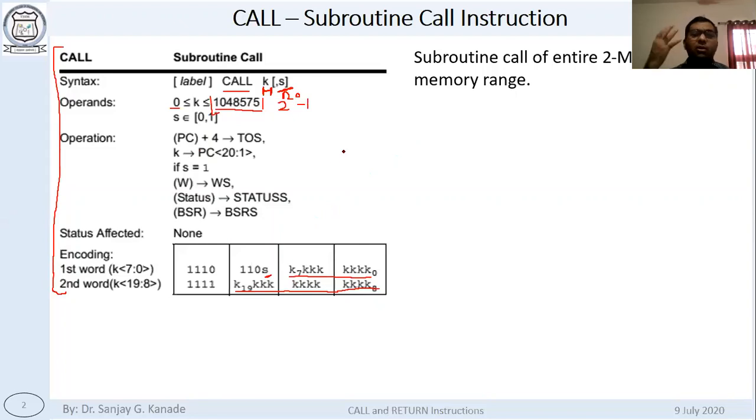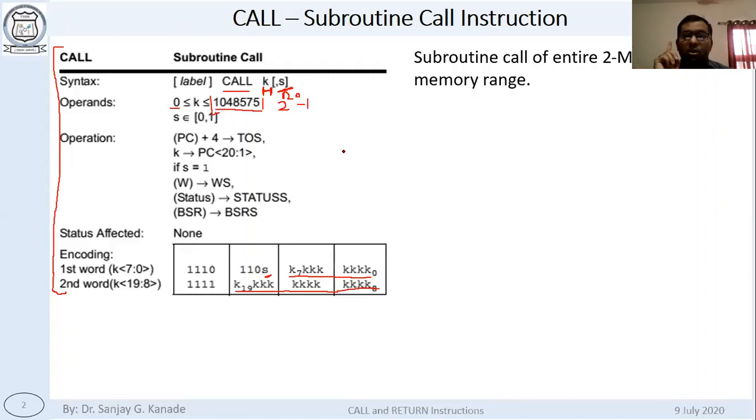So obviously we are going to need 4 bytes for this instruction. The address is similarly given as in case of goto. We are actually not going to write the address. We are going to write the label where we want to go, and that label will be converted automatically into address by the assembler. Now up to this point, call and goto are similar.